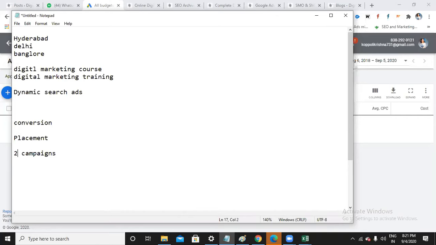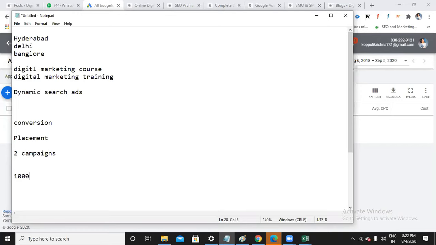So now what happens with a shared budget is I am trying to share my budget between the campaigns. Let's say one campaign was set up to run with a daily budget like 1,000 rupees. Assume that. So 1,000 rupees per day, it can split between two campaigns.